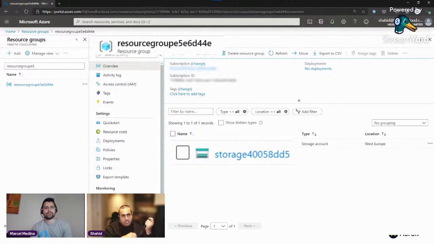But their recommendation generally is to let it do the random strings. You can still follow some kind of naming structure as the first part of your resource name. But of course, there are some limitations. Storage accounts are a really good example where most naming structures fall apart, because they have a very limited number of characters and you're only allowed certain characters. But yeah, you can override that behavior.